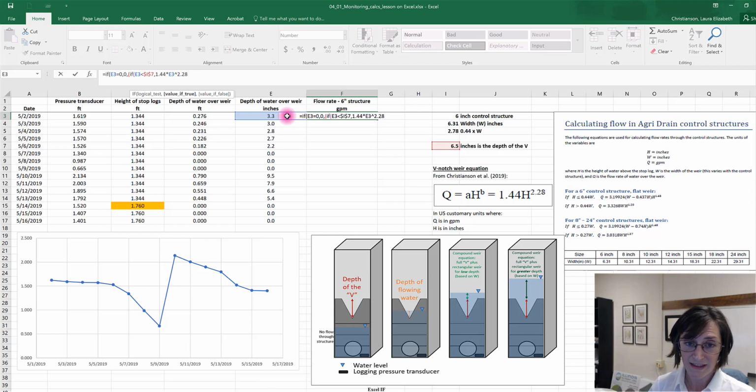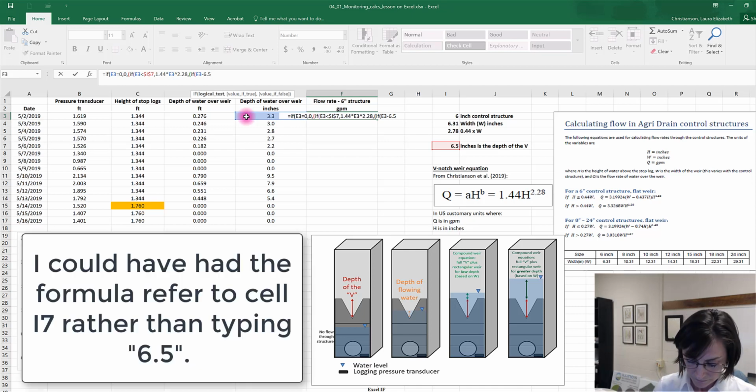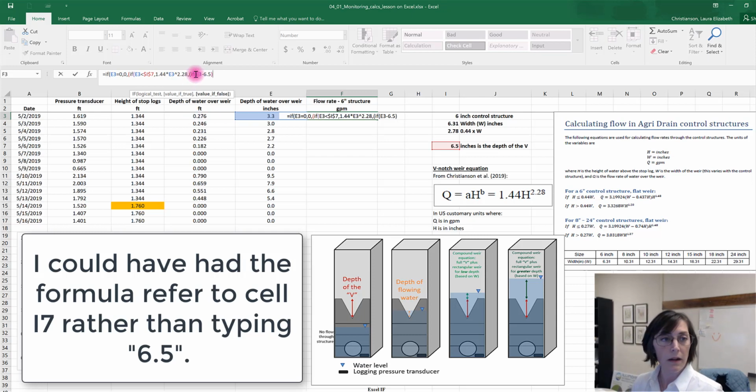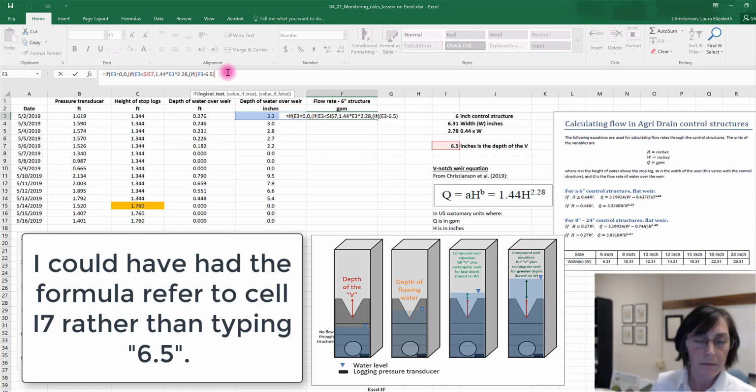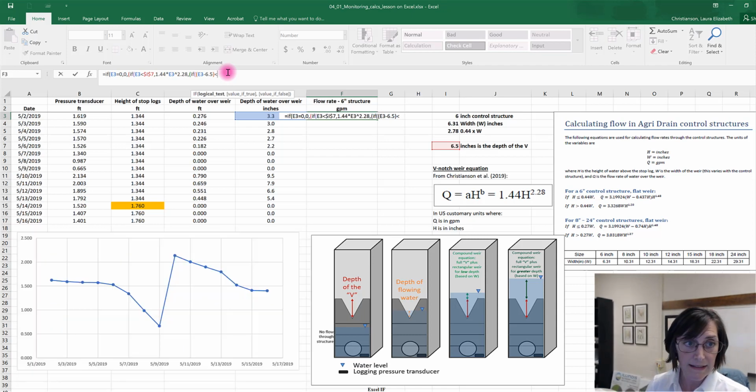If it's not in the V, then it must be above the V, so I know I need to use a compound weir formula. So then I'm going to go comma, again another nested weir equation, if, because I need to provide a decision point, is my water this high or is my water this high? So we have another if statement coming in now. If my depth of water in the V minus 6.5 is, I'm going to put that in parentheses, actually want an extra parentheses here, is less than